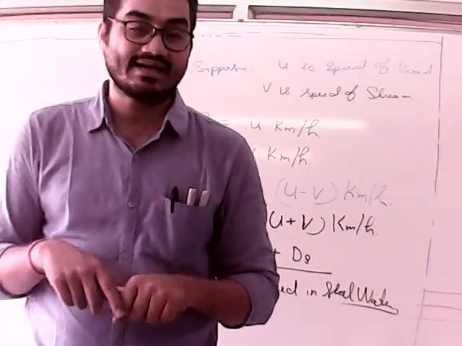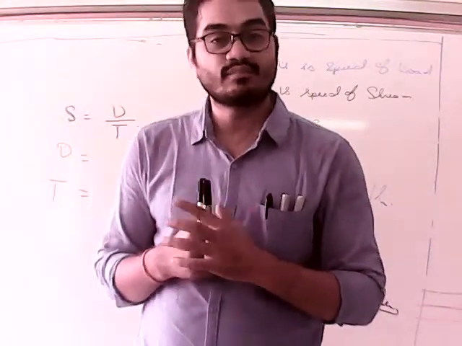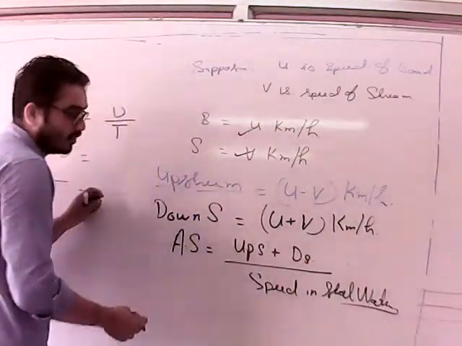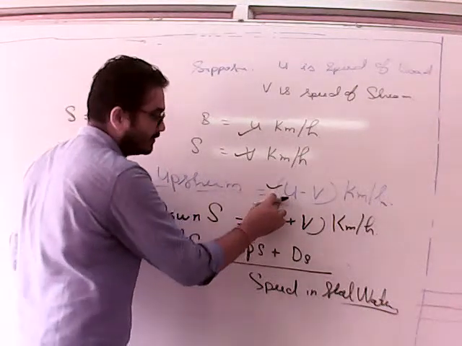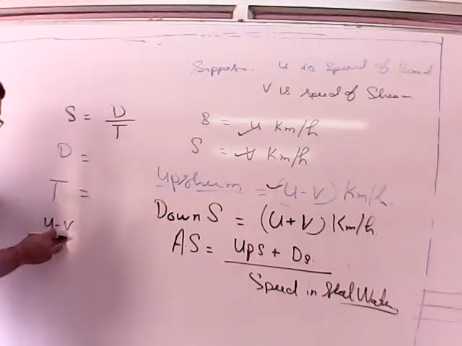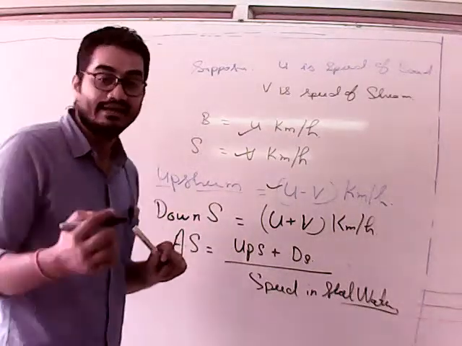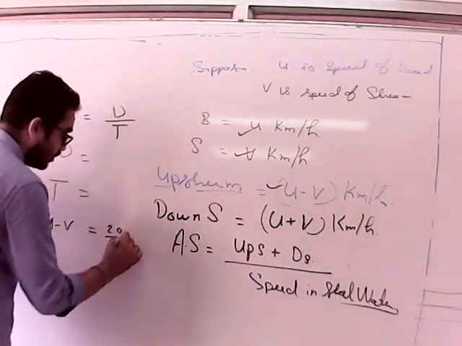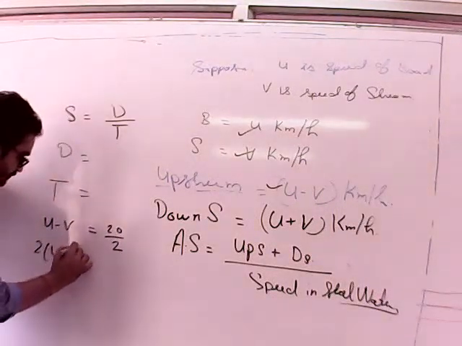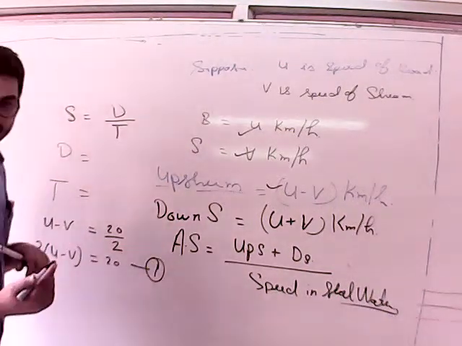अब अगर जाते टाइम इतना टाइम लग रहा है तो हमारे पास जो फॉर्मूला है, फॉर्मूला क्या कहता है? स्पीड इज इक्वल टू डिस्टेंस अपॉन टाइम। तो स्पीड क्या है? u और v, तो अपस्ट्रीम में क्या होगा? u minus v, that is the speed. कितना टाइम लग रहा है, कितना डिस्टेंस कवर हो रहा है, डिस्टेंस कवर हो रहा है 20 किलोमीटर, so 20 upon 2, so that is distance upon time, तो 2 यहां पे आ जाएगा, तो u minus v is equal to 20 upon 2, so that is our first equation।